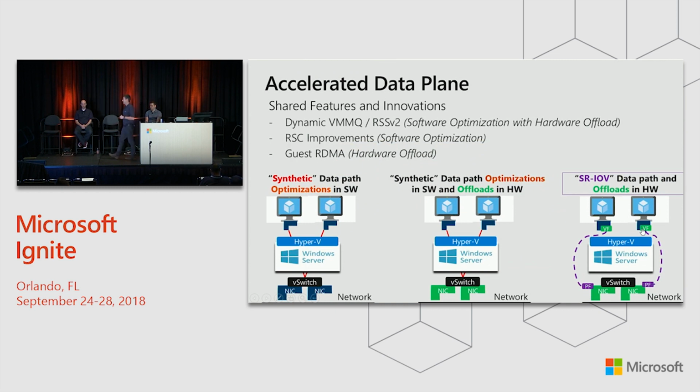Moving on from containers, that is a hybrid play, where you have containers running in on-premise environments and also in Azure. But we also have a lot of improvements with our accelerated networking data plane. We have a few different types of offloads and optimizations we do. Some are very software-centric, things that we do in something called the synthetic data path between the network card through the vSwitch and to the VM network adapters themselves.